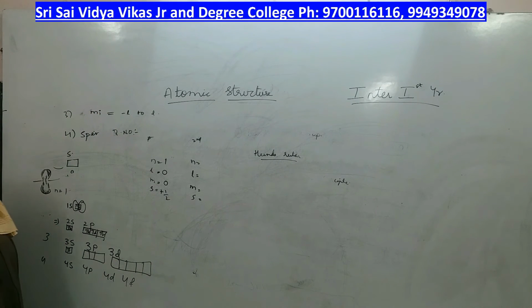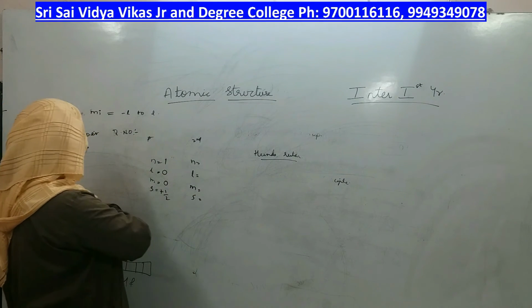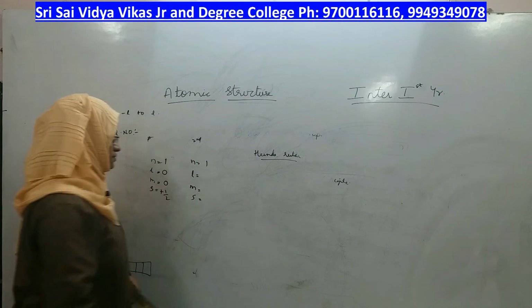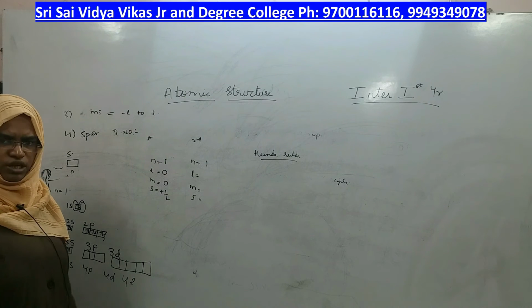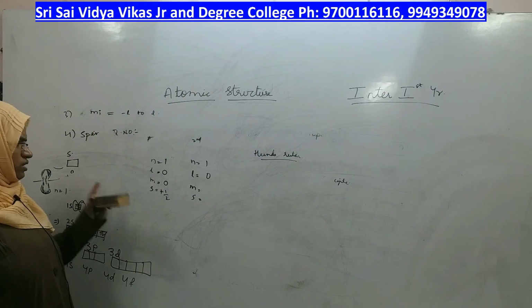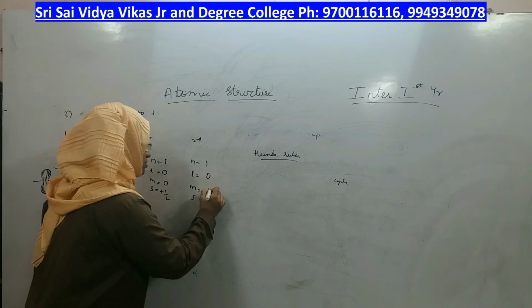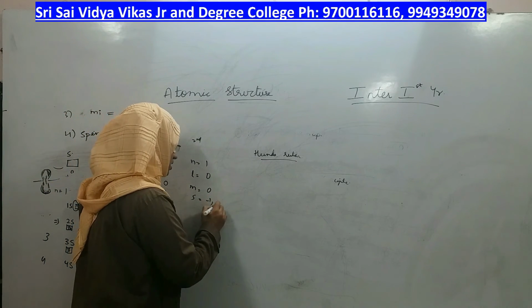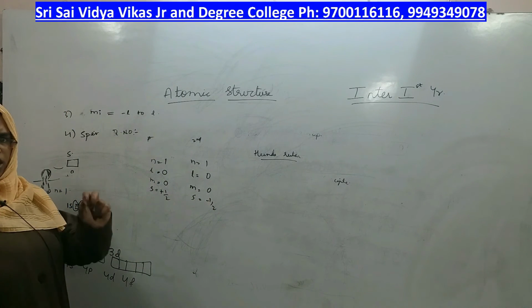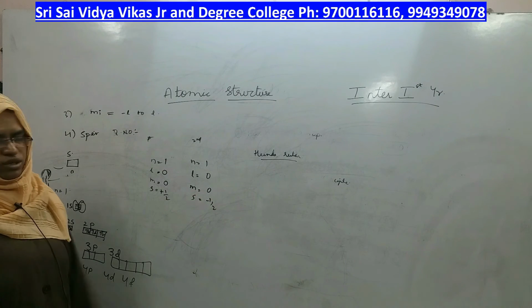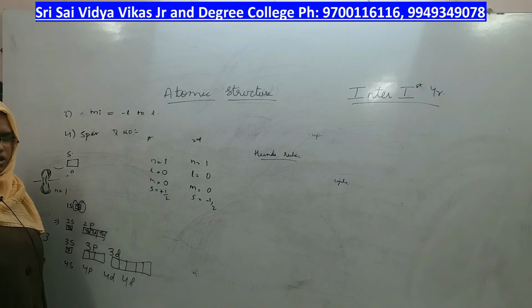Let us see the downward electron. What is the principal quantum number? Even the downward electron belongs to the first main shell, 1. Even the downward electron belongs to the s subshell, 0. Even the downward electron belongs to the s orbital, 0. And that downward electron will have the spin of minus half. You can have 3 quantum numbers same, but all the 4 quantum numbers same is not possible. That rule is nothing but Pauli's exclusion principle.